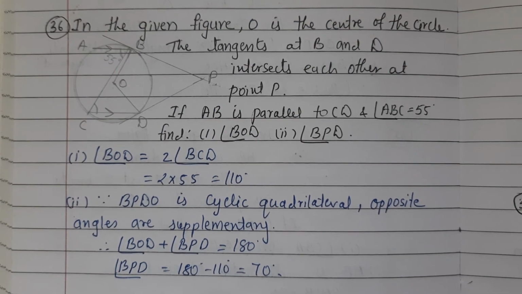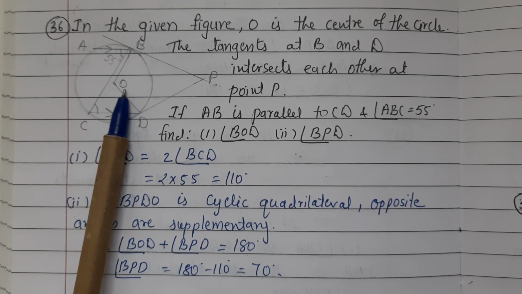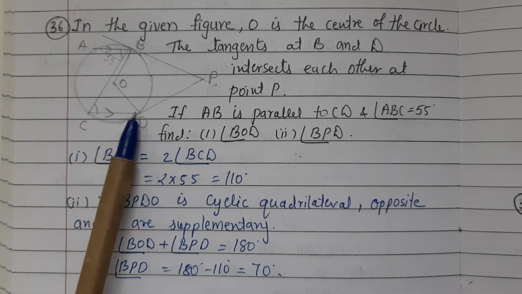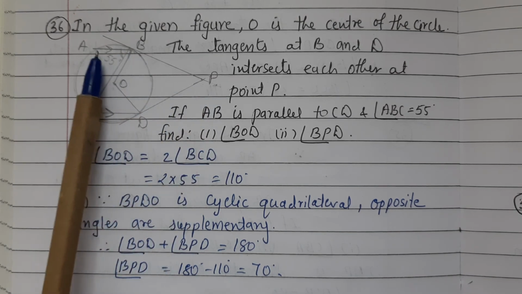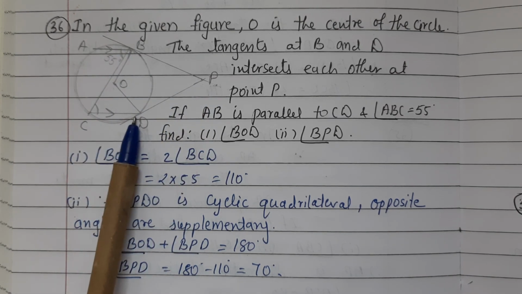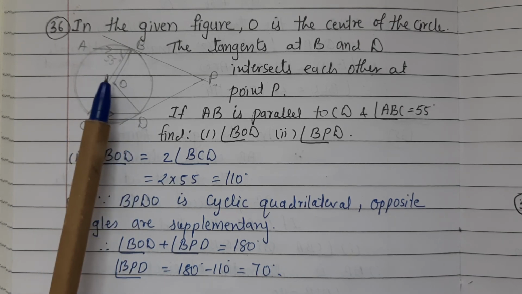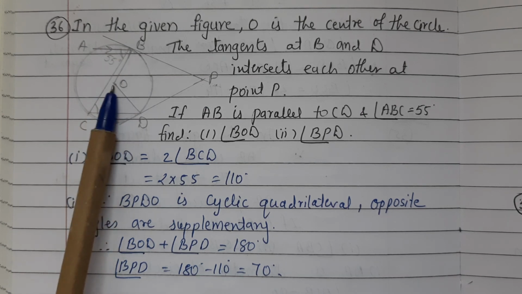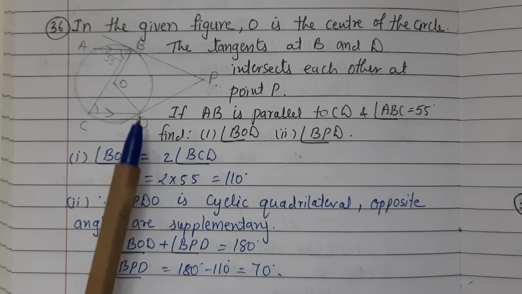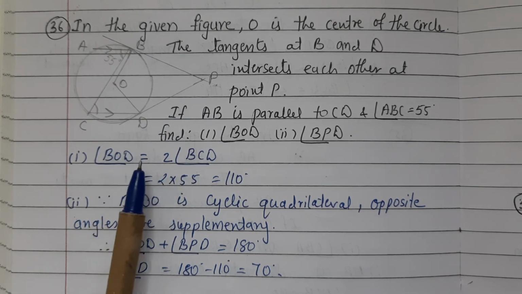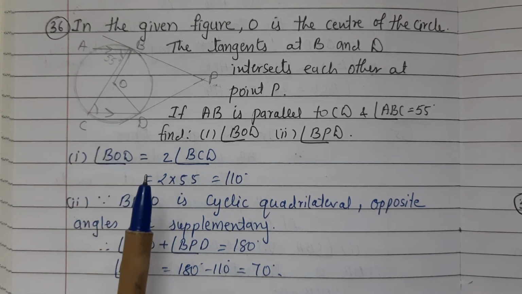Sum number 36. In the given figure, O is the center of the circle and tangents at B and D intersect each other at P. If AB is parallel to CD and angle ABC equal to 55 degree, find first part angle BOD, second part angle BPD. Angle BOD is twice angle BCD, which is equal to 2 into